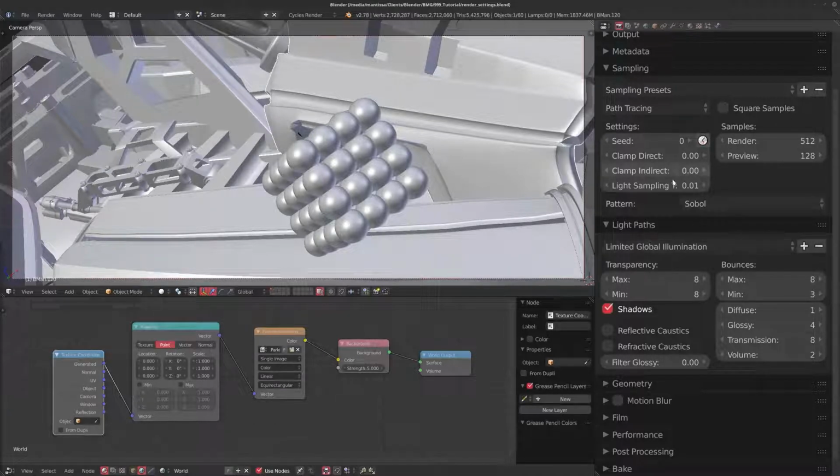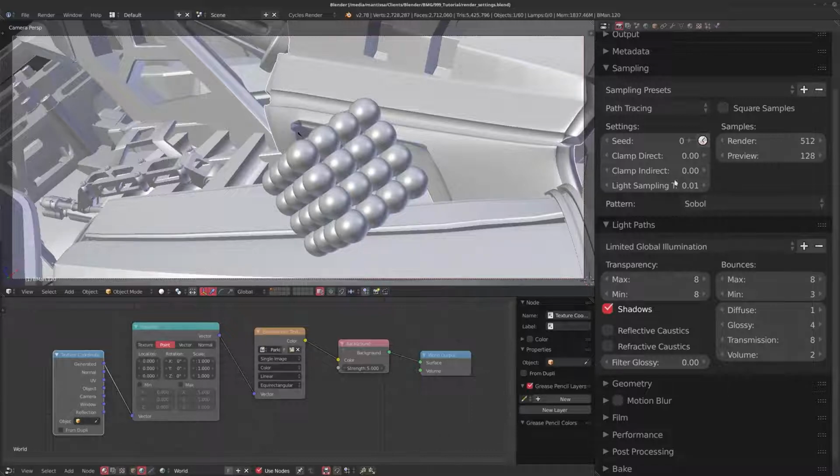I'm a GPU render guy. I have a fairly powerful GPU workstation, so that has multiple GPUs in it. But some of this stuff is quite important to know, kind of what it does to your render, more from a visual point of view than from an optimization point of view. I wanted to touch on this because a lot of people tend to stick in some default values and never change them, and it could be good to understand what some of this stuff does.